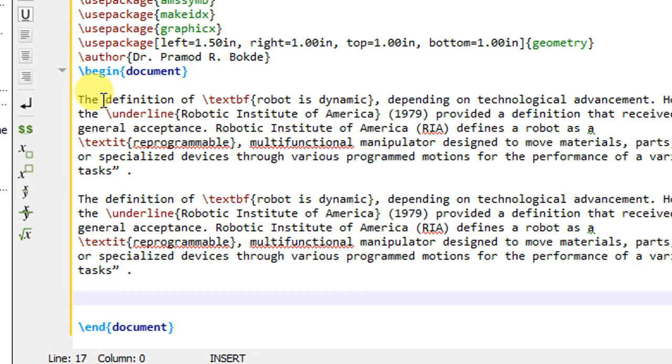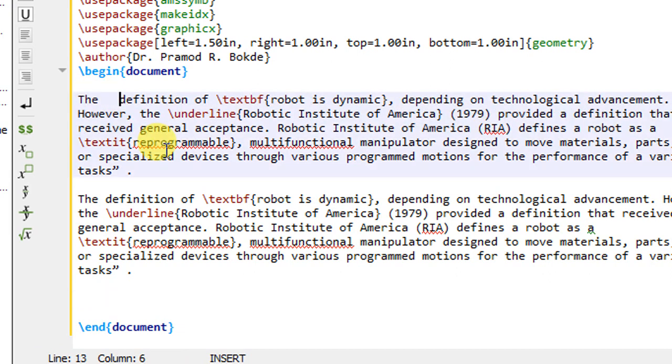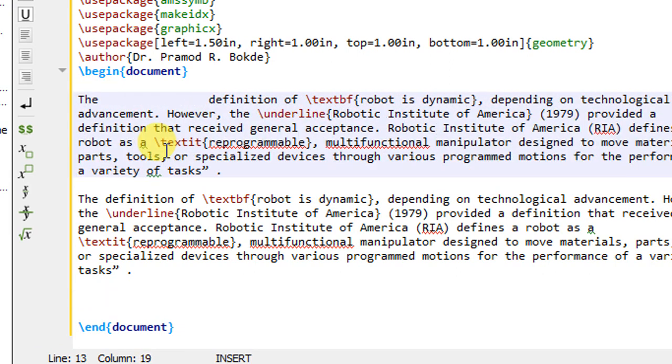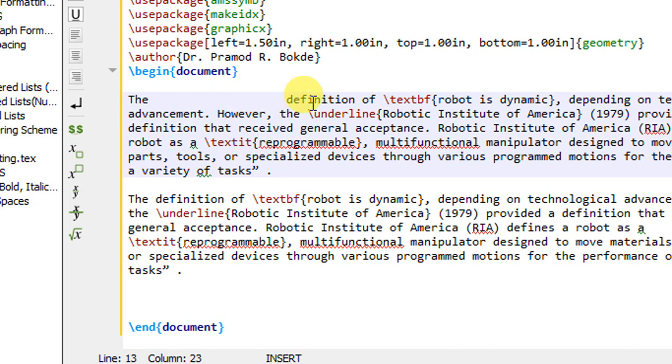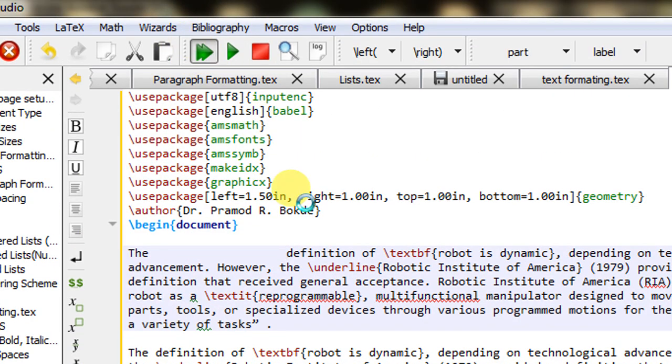In Word, we have seen that whatever blank space you keep, the same blank space will be there in the output document. But in LaTeX, all the extra white spaces are ignored and only one white space will be there between the two words. So let us go and execute this.